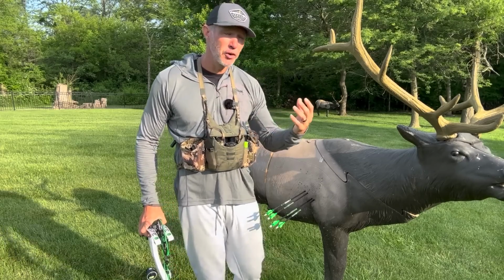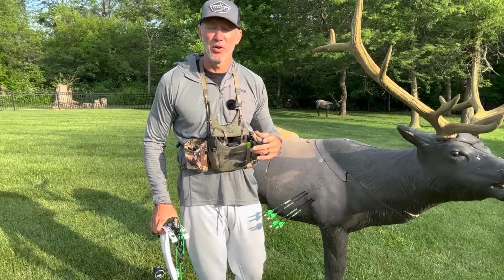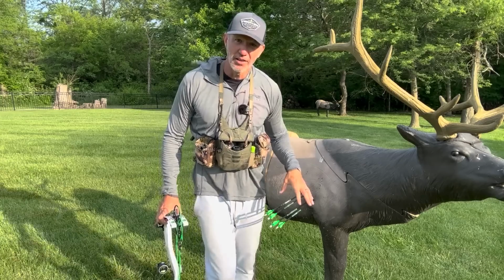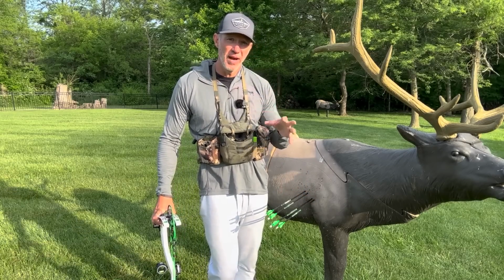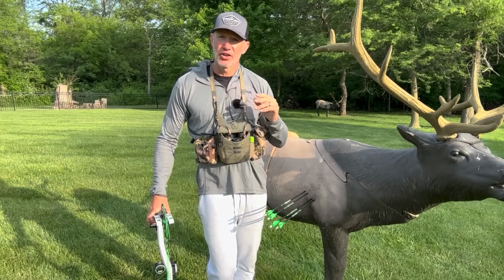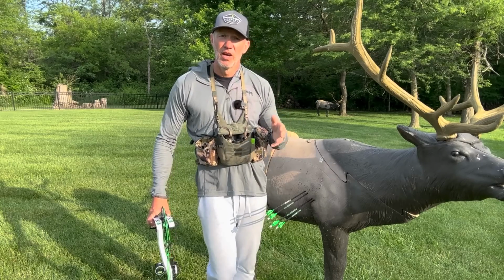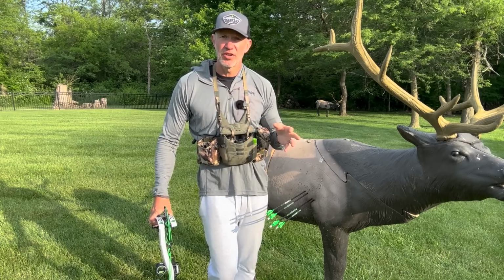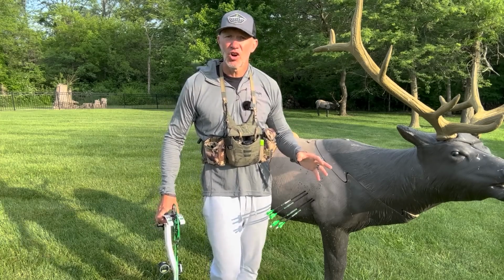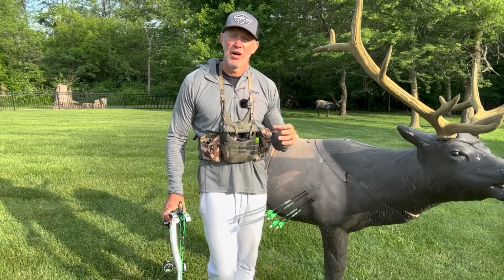Now, certainly there's an argument of I want to practice how I play. That's why I want to shoot with the same weight I hunt with, and I get that. But one of the things that you have to do to polish your archery is get more reps. More reps equals more experience, and you're going to be able to shoot more reps with the same type of technique and form the lower the poundage that you're using. So at 63 pounds, I can practice for longer, I can maintain form and perfect posture longer, and because I'm